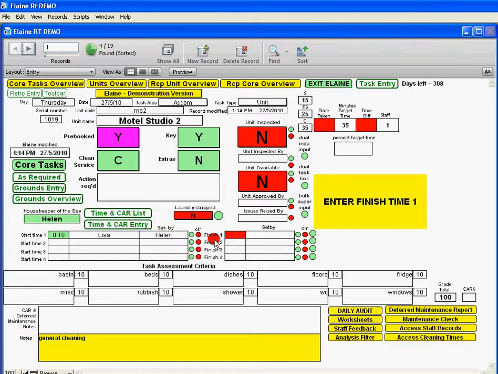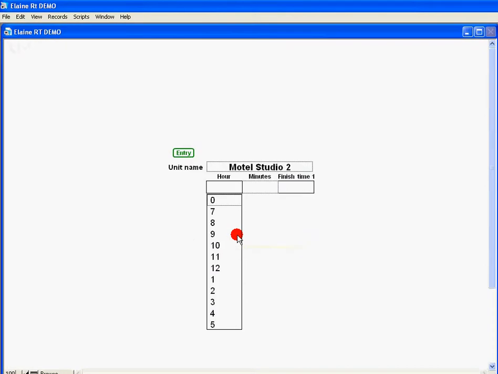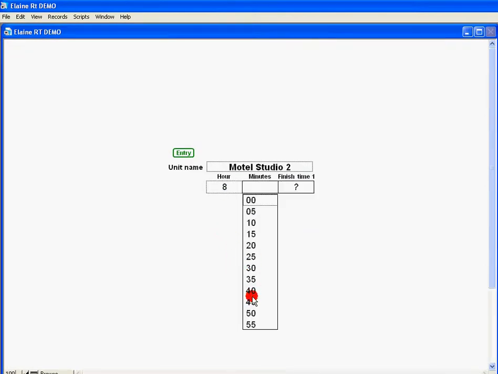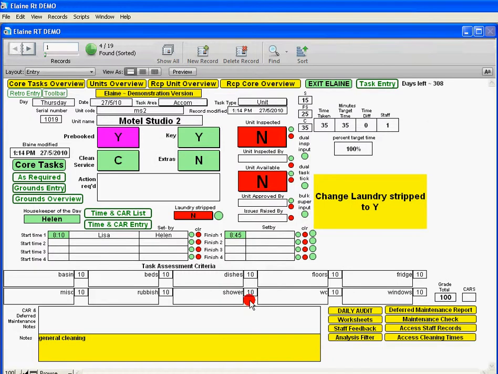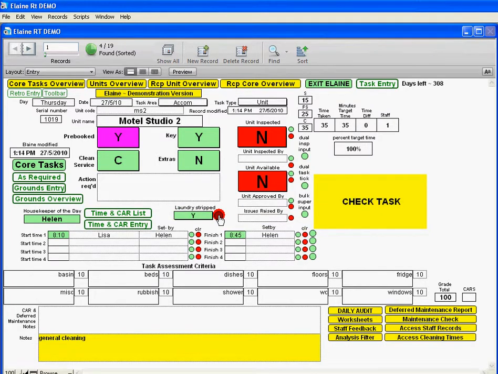Over here we have a finish time, and we'll put in a finish time of 8:45 AM. And once again we need to click that it was Helen that took note of the time. Now we're advised by a pop-up to note that we should mark that the laundry has been stripped. So we'll change that to there. We're now notified, has the task been checked? Now for unit inspected, we can change that to yes,